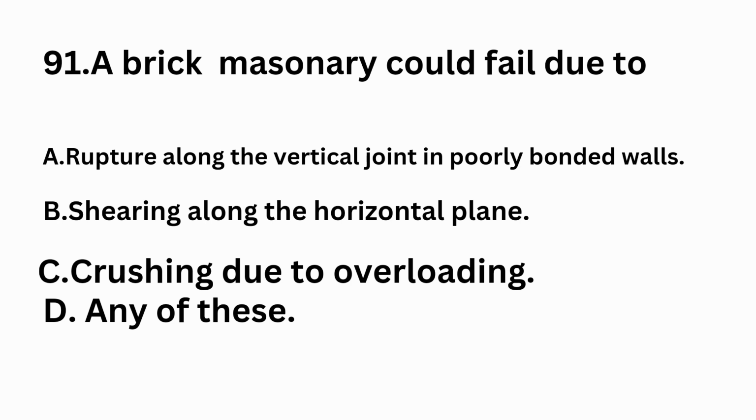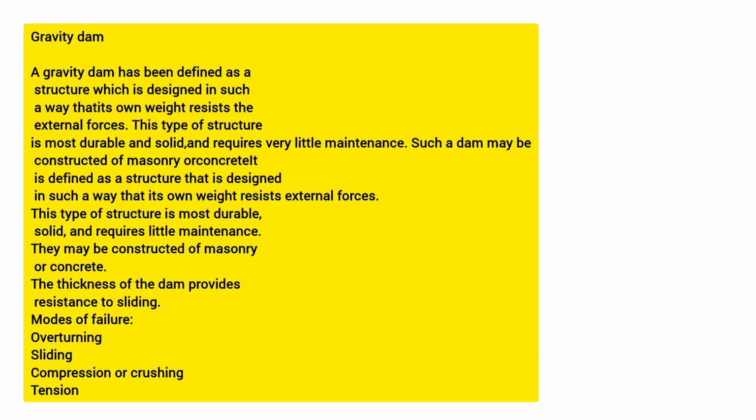91. A brick masonry could fail due to A. rupture along the vertical joint in poorly bonded walls, B. shearing along the horizontal plane, C. crushing due to overloading, and D. any of this. So, gravity dam is a structure that is designed in such a way that its own weight